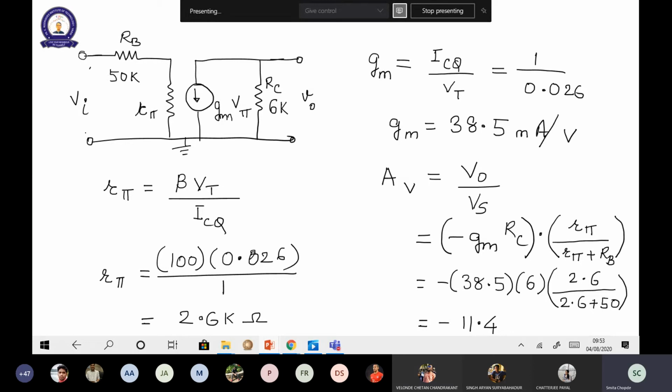If you are writing theoretically, then you have to define that it will lead to clipping of a signal in which direction. Now if the quiescent point moves towards the x-axis, then it will enter the negative cycle and cut off the negative cycle, right? If the Q point is moving towards the y-axis, then it is in the positive saturation region, so it will clip the upper part of the signal, isn't it? Yes, ma'am. And if it is slightly below the center point, then both the parts are clipped off, then it is in the non-linear region. Okay, ma'am.